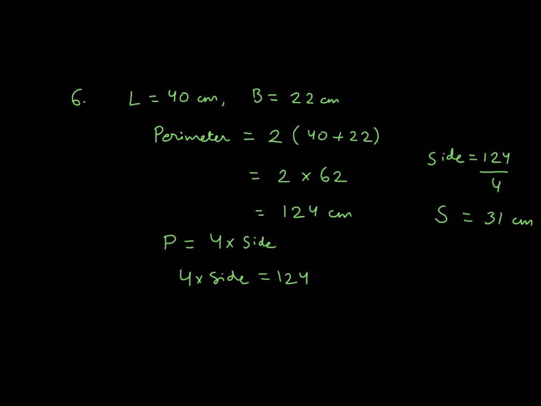And after finding the side of the square, we are asked to find which shape encloses more area. So we have to check whose area is more, rectangle or the square. We can find the areas of these two shapes. Area of rectangle will be length into breadth, 40 into 22, which comes out to be 880 centimeter square,